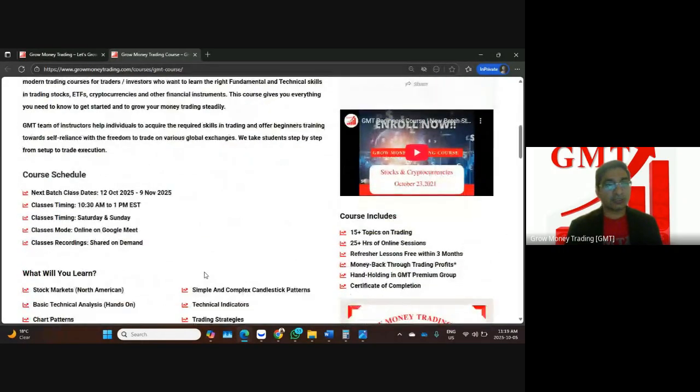In terms of the course schedule, the batch starts next Sunday and will continue until 9th of November. In between, because it's a festive season, we would be giving one weekend break for Diwali. That's why it's a 5 week batch, unlike our 4 week batch usually. And we would be starting the class at 10:30.